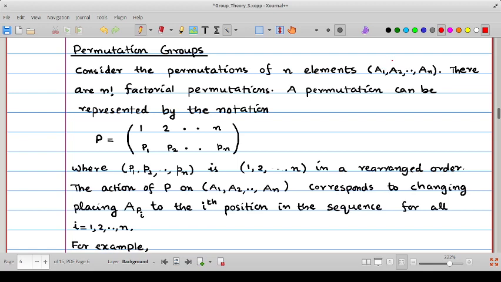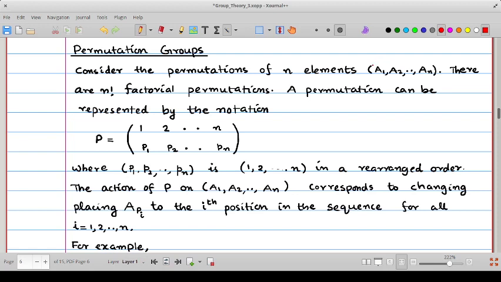Now these elements can be rearranged to form a different order. For example, say A2, A1, then A3, etc. up to An. So this corresponds to the arrangement of the objects A1, etc. up to An in a different order, and it is called a permutation of this set of objects. For n objects, there will be n factorial permutations,